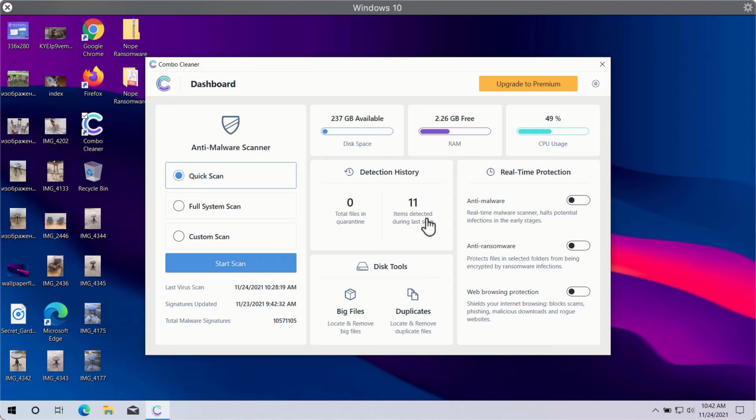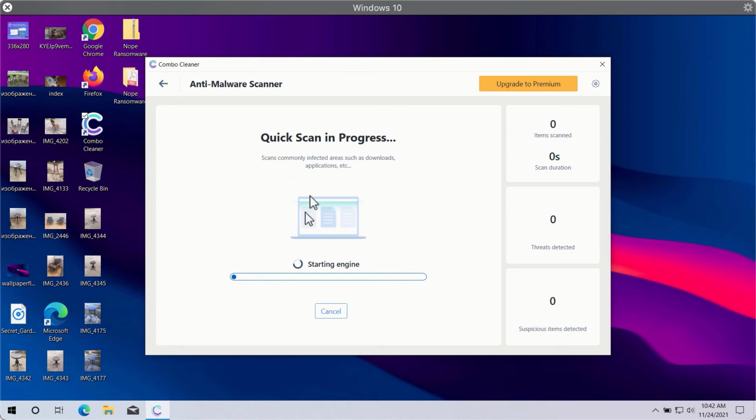After you successfully download and install Combo Cleaner antivirus, you will need to select your preferred scan type. In fact, there are 3 scan types available. They are Quick Scan, Full System Scan, and Custom Scan. However, Quick Scan is only available in the trial version, whether premium version gives you full system scan and custom scan option. So you need to click on Start Scan button in order to let Combo Cleaner begin the research